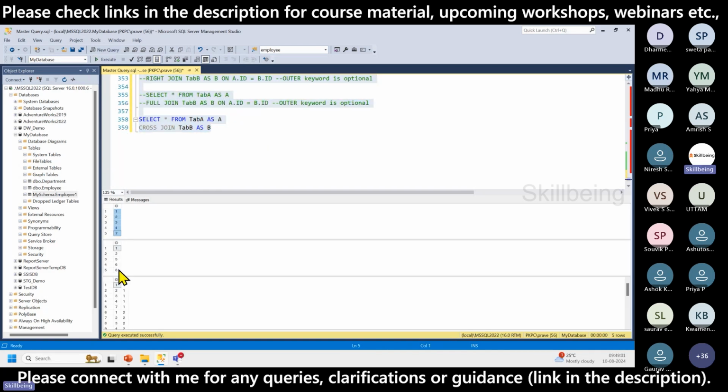5 records in this and 5 records in this. 5 into 5, 25 records it will give. Like it will match this one with all the records of this: 1,2, 1,3, 1,1, 1,1, 2, 1,3, 1,4, 1,7 from here. And if you take 2, then it will match 2,1, 2,2, 2,3, 2,4,